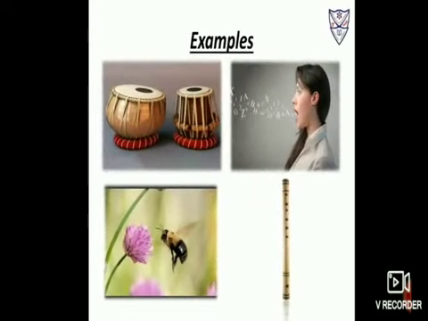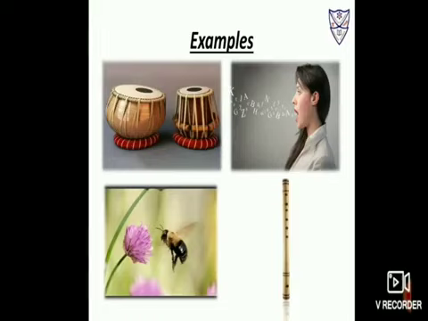Now students, let us take a few examples of it. The first one you will see is the image of a tabla. When the skin of a tabla or a string of a guitar is tightened, they give out a sound of higher pitch. Now see the second one. When the wings of bees or mosquitoes vibrate with high frequency, what kind of sound is produced?